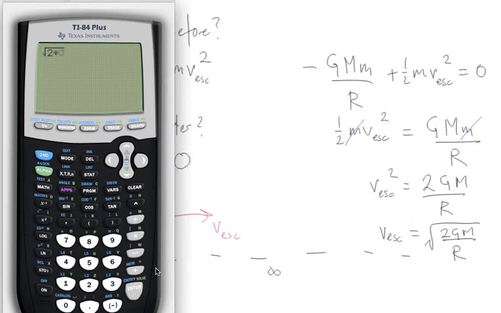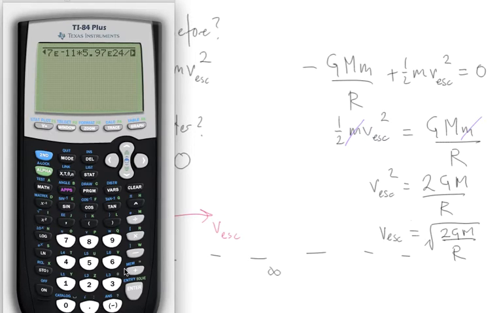The value of big G is 6.67 times 10 to the minus 11, times the mass of the Earth, which is 5.97 times 10 to the 24, divided by